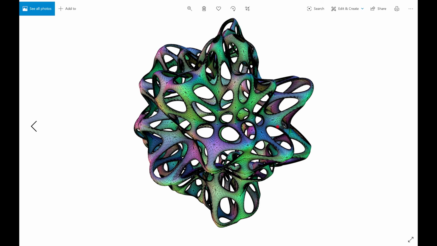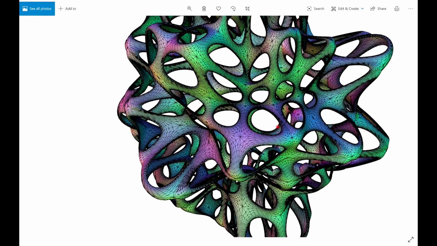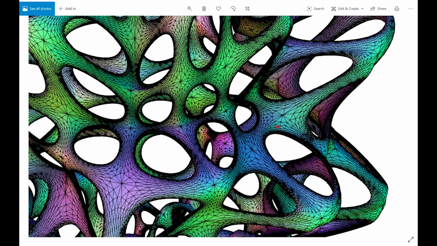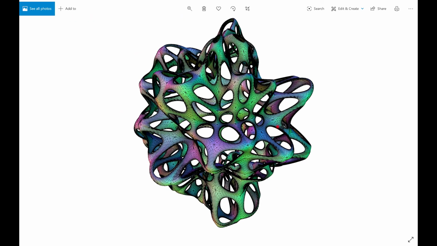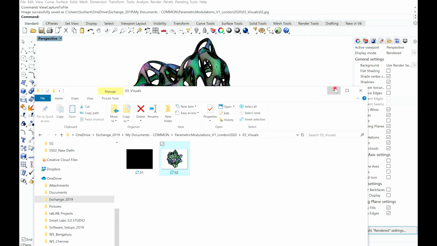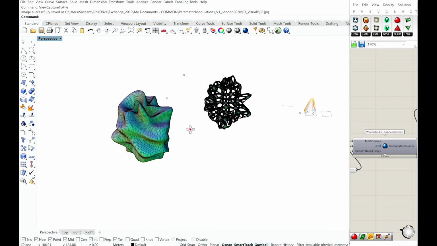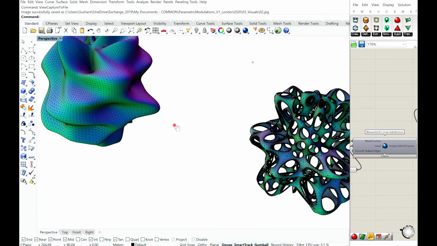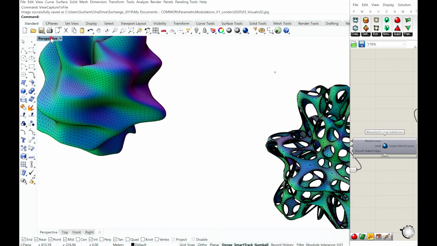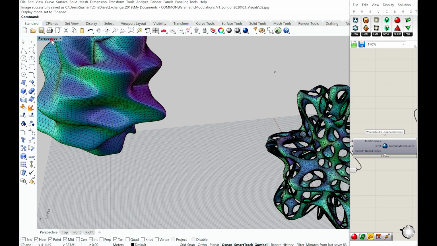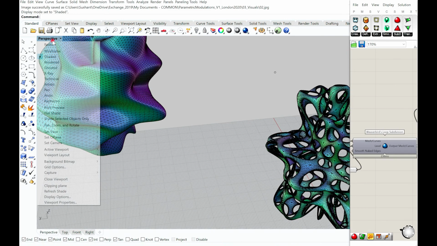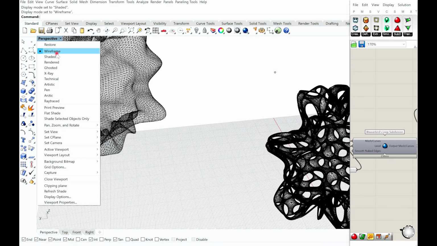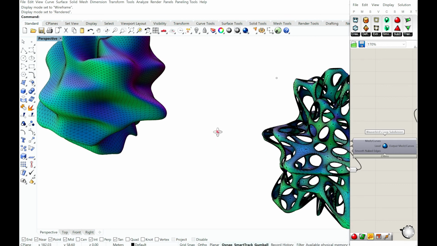So it has saved this into a visual, and I can even make it a little more high res as well. So this is more like a render, I would say, for me, or even this, for example. Whatever view we wish to.